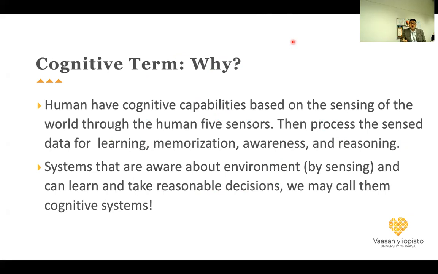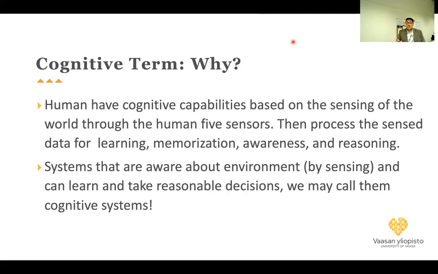So in cognitive radio, because they have sensors, they can sense the spectrum around them, meaning the interference level or the signal level in that spectrum.